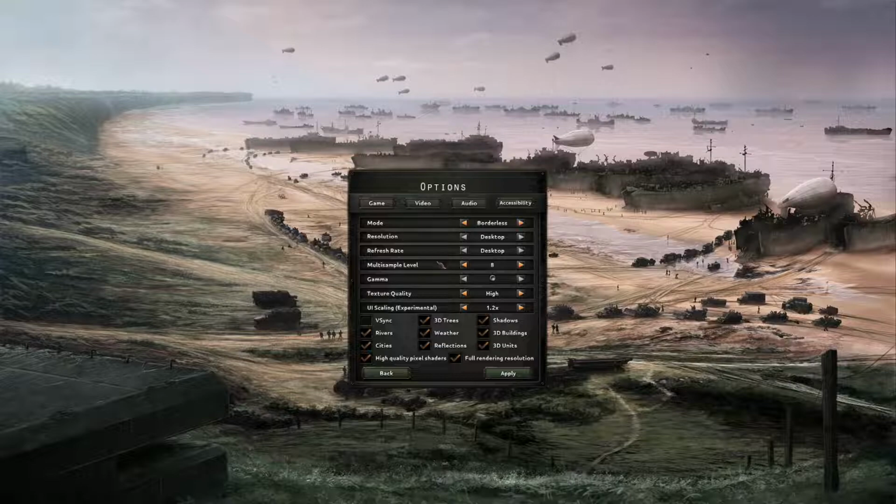The only thing I would recommend is turning the UI scaling up. If you've got a larger PC, like a larger monitor, turn that up to 1.2 so it's a bit easy to see things. And if you change the mode to borderless, you don't have to Alt-Tab if you want to go to your second monitor. You know, if you want to change a song, message a friend on Discord,